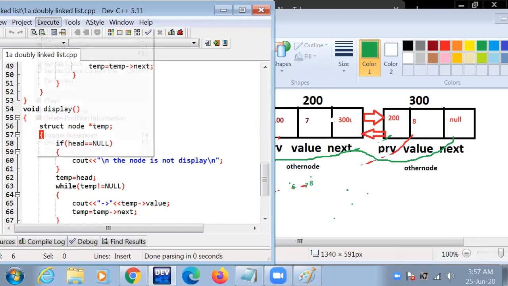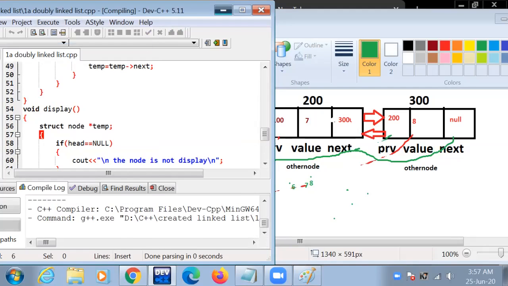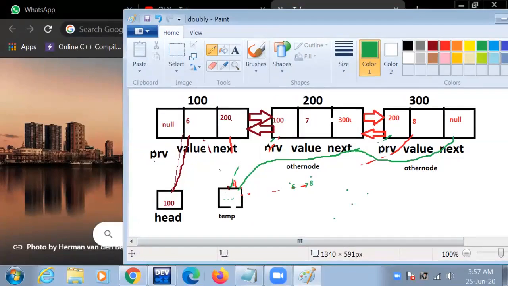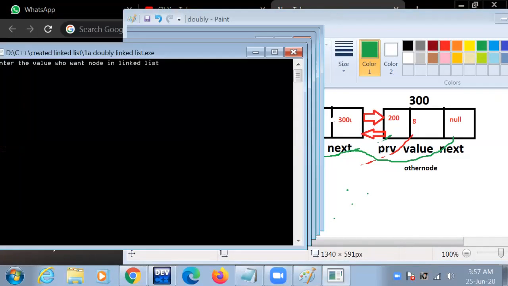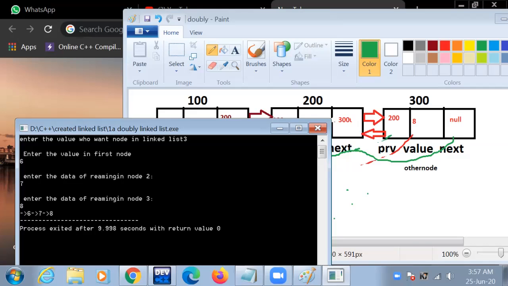Let's execute this program. We enter 3 nodes: first is 6, 7, 8 and this is displayed.